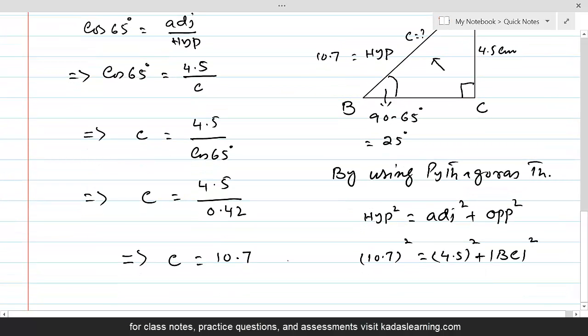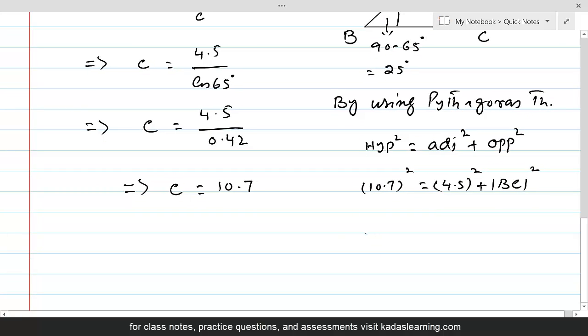So this is BC, and now let's isolate BC on one side. So BC square would be equal to 10.7 square minus 4.5 square,